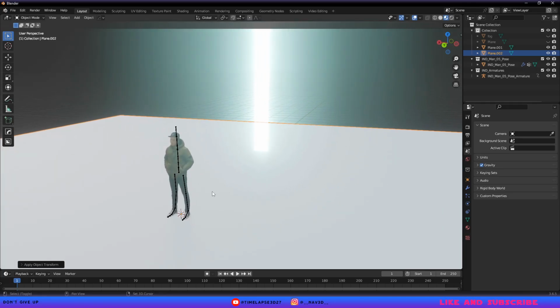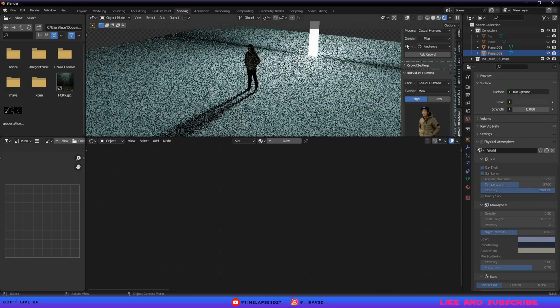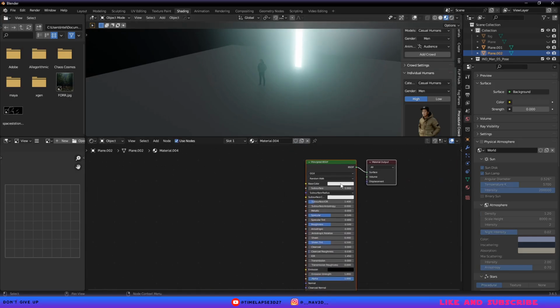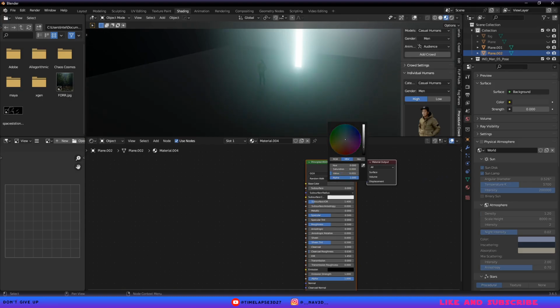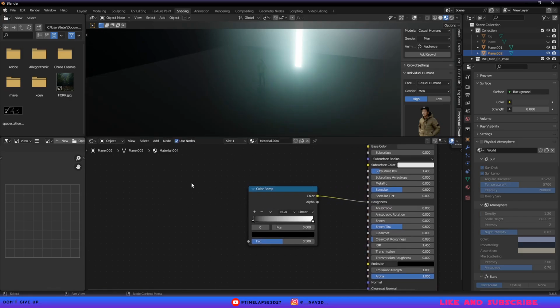So let's add a plane. Overlay, or creating that texture, dark color, color ramp, poly roughness, add a noise texture, vector to vector,